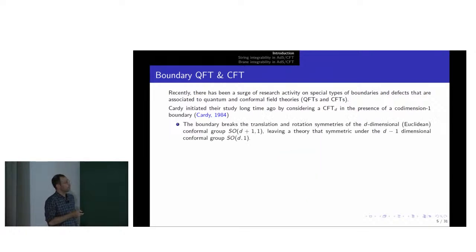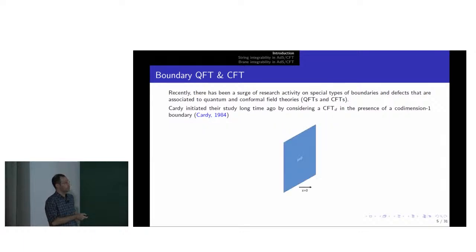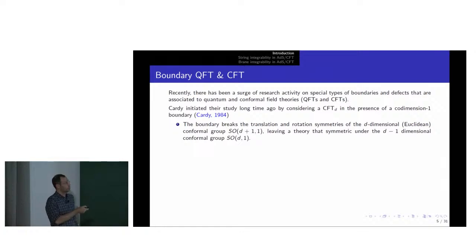And in fact, it's very clear that this boundary, say at point z equal to 0, breaks translation invariance, and then this gives rise, beginning with a Euclidean conformal group,